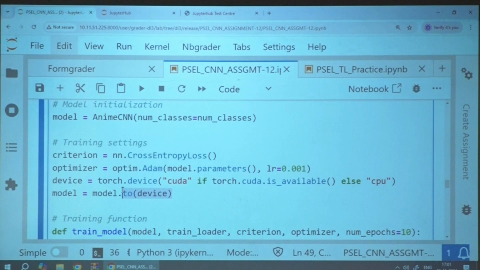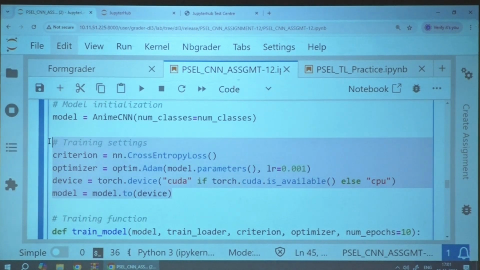This is the way we write to move the model and the parameters to the identified device. We have identified our device into the variable device, so for that device you need to move the model. This is the part of the training settings.